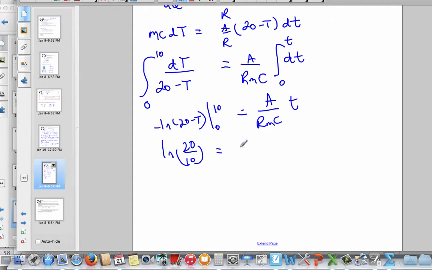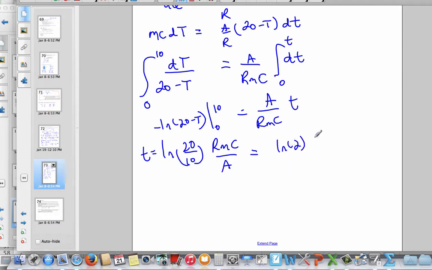And, well, I guess I'll cross multiply R. Let's clean that up a bit. So I'll cross multiply RMC over A, and then that will be the amount of time it takes to increase the water temperature inside the cooler by 10 degrees. So we're going to substitute then. We've got ln 2